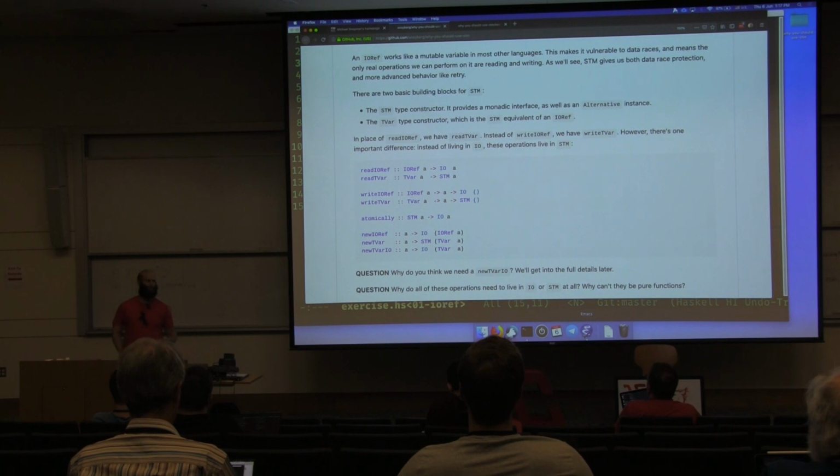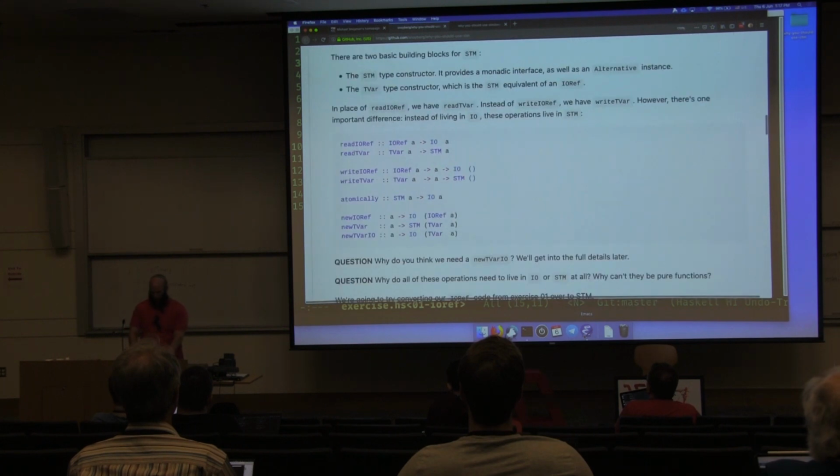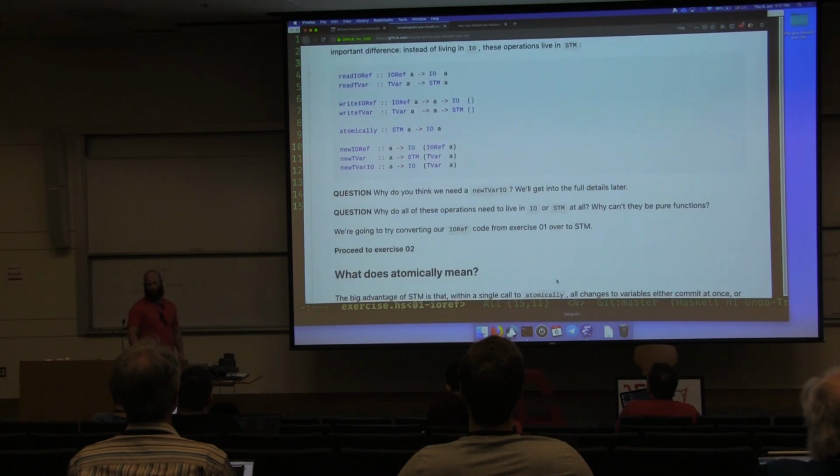A TVar is just like that IORef we saw, except it's in STM. And we'll see how we interact with it. In fact, right here. The readIORef function that we saw before takes an IORef, and it extracts the value as an IO action. readTVar does the same thing. It takes a TVar of a and gives you back an STM action in a. We had writeIORef. Now you have writeTVar. atomically,